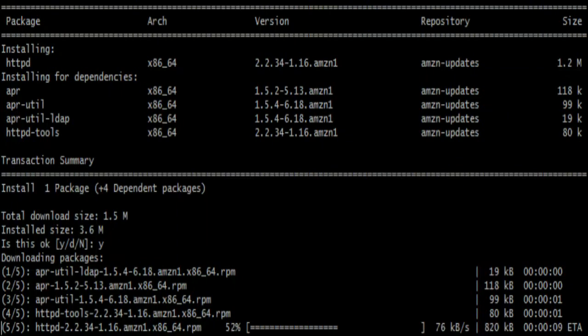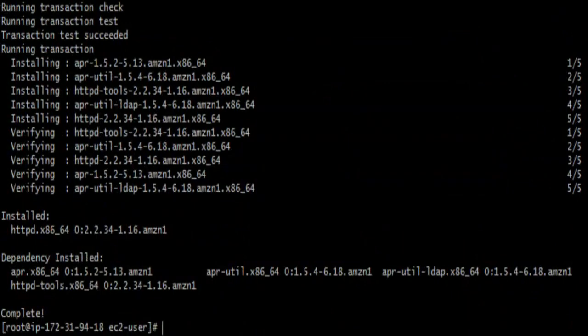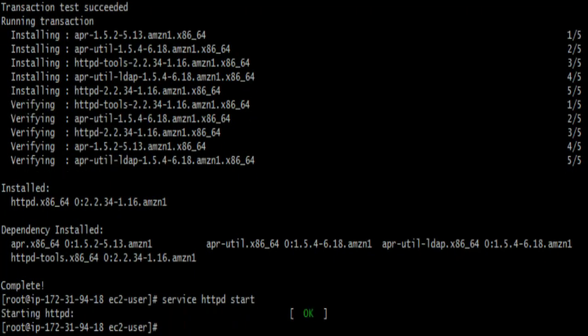It will take a while to install. After this we'll start this Apache web server. This command will start it, it's saying yes, the service is ready to consume.